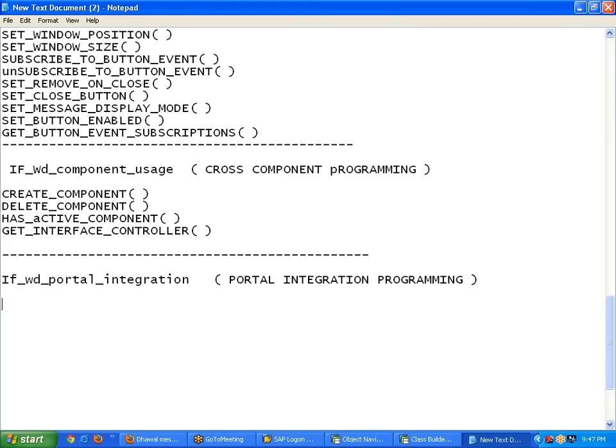So when I go for portal integration programming, we use some methods like navigate absolute. Frankly speaking, you need not remember these methods, but it's better to know which methods will come under which interface. And these are the commonly used methods in real time also. We use almost the same type of methods in real time,